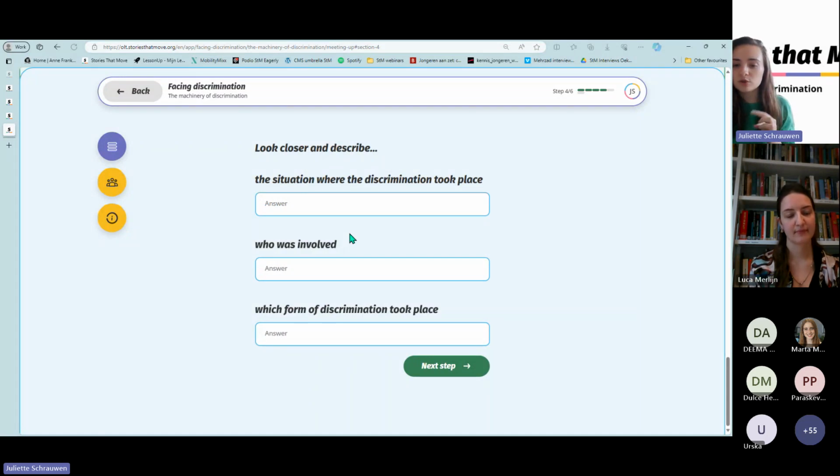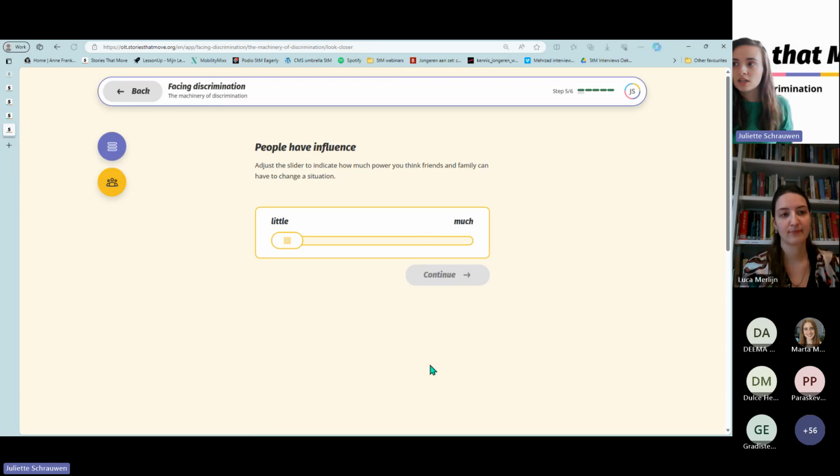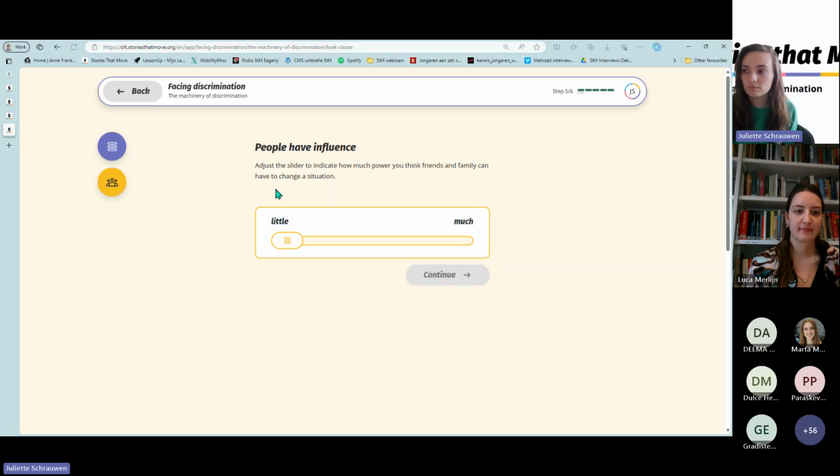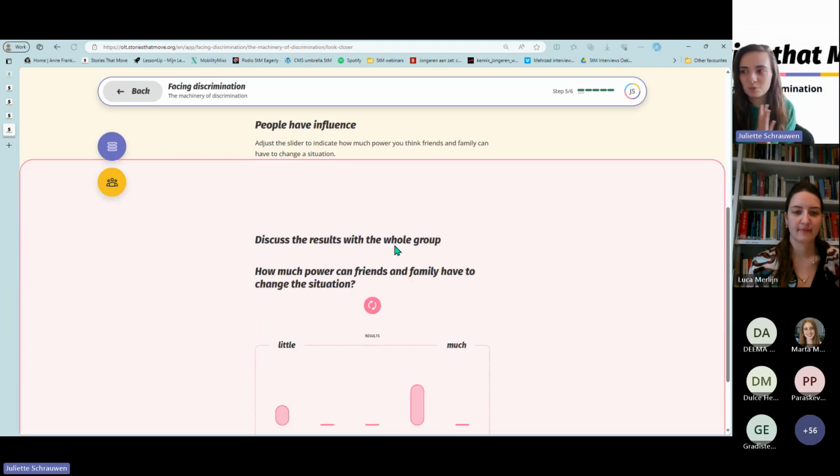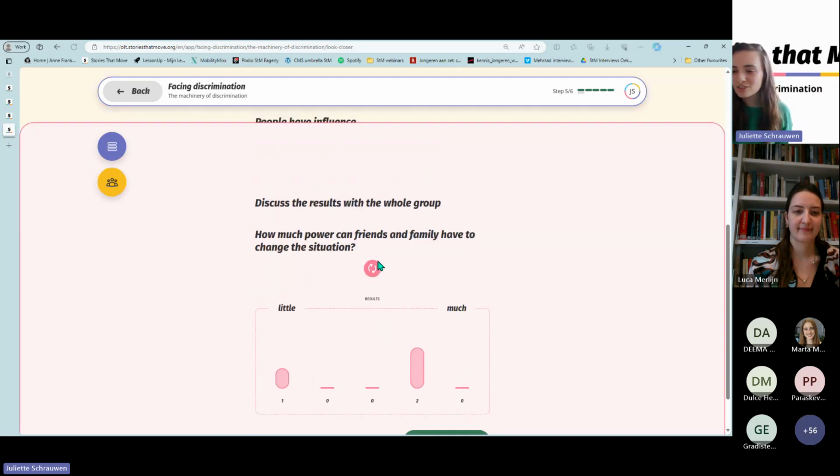So each group will also look into a different form, or maybe if the same story is chosen a lot of the time, you can also discuss with the class, hey, why did nobody choose the story of Mark? Or why did nobody choose this story? Because that's also interesting to discuss with the students. And then they will get the question, do we think that people have influences on a situation? So you can also discuss, hey, does it do something if we as a student would react in a situation? So that's kind of the build of the learning path.